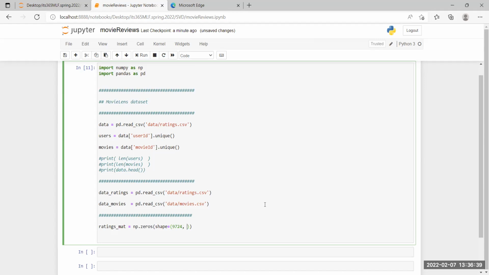9,724, which is the number of movies, and 610 users. So as you can see, we can initialize the matrix with those dimensions. Does this make sense? And I think we can specify a data type.